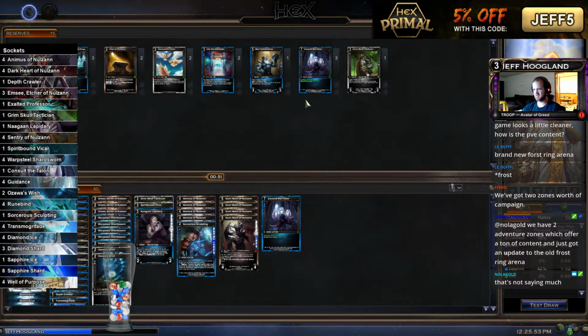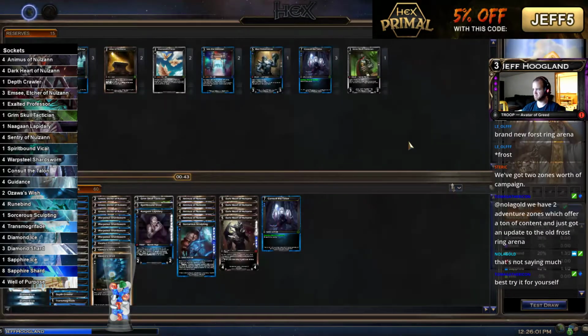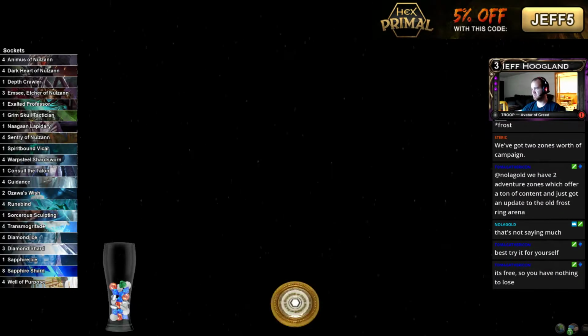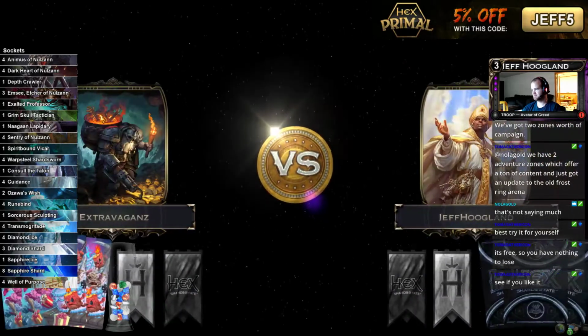I think I'm going to board like this. We trimmed Consults and a Grimskull and a Mad Robomancer to bring in Transmog, Depth Crawler, and these Ozawa's Wishes. These bring back a card that costs 3 or less, so we can like get a surprise blocker, basically. In the PvE segment, you could definitely play with the free cards that you get for nothing, so...